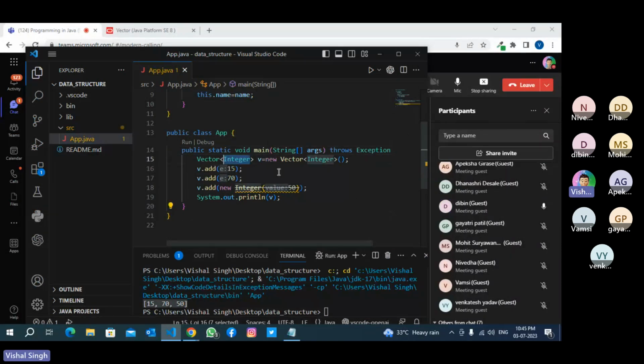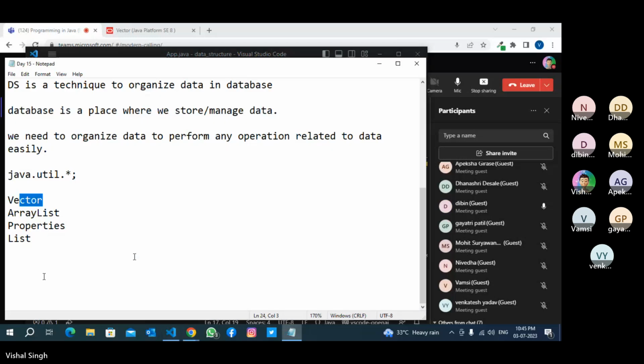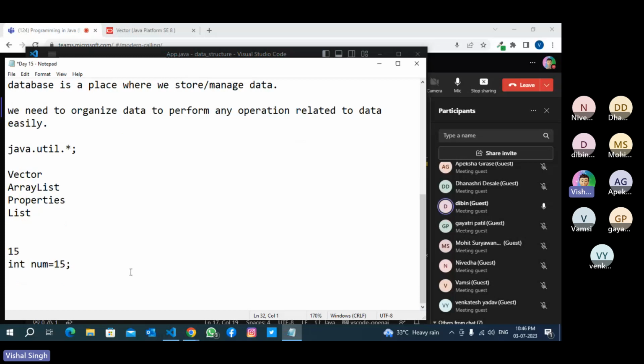Integer is a class. Okay, for every primitive data type in Java, Java has wrapper classes. Wrapper classes means if you want to store 15, you can declare a variable of int data type and store 15, it is okay. But what if we want to store 15 as an object? How can we do so?